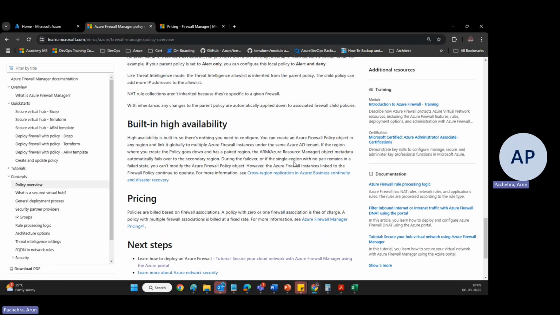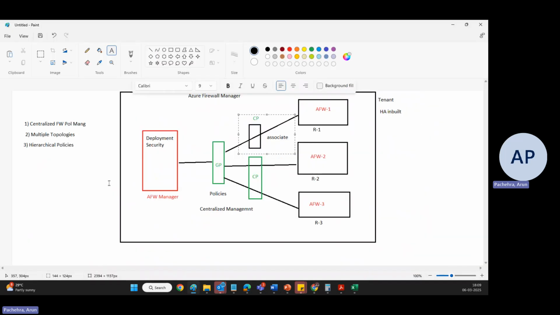During the failover, if a single region with no pair remains in a failed state, you can't modify the policy object. However, Azure Firewall instances linked to the firewall policy continue to operate. So I hope this point is also clear. Now let's take